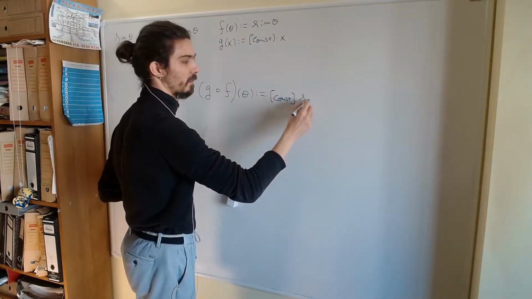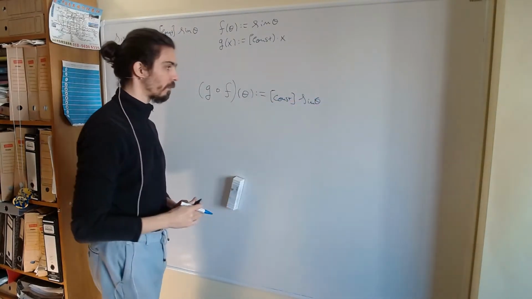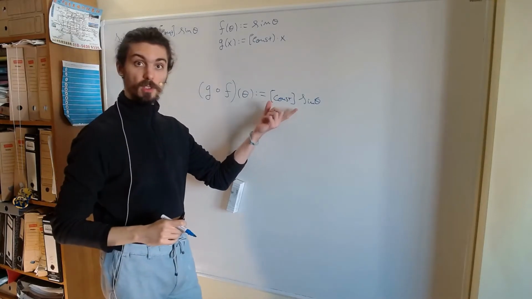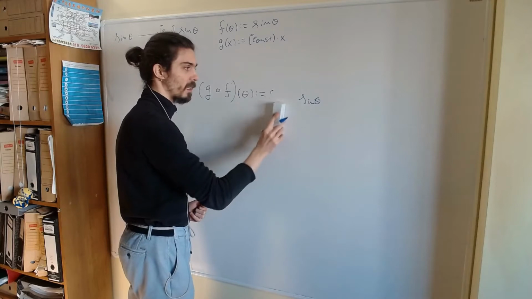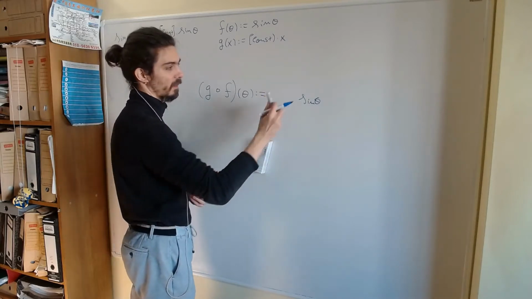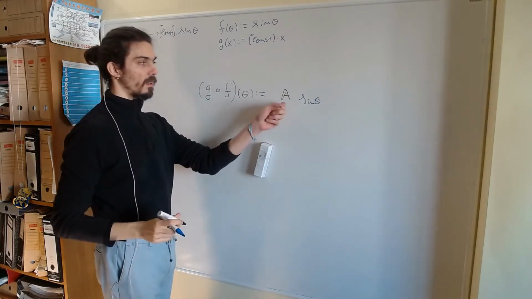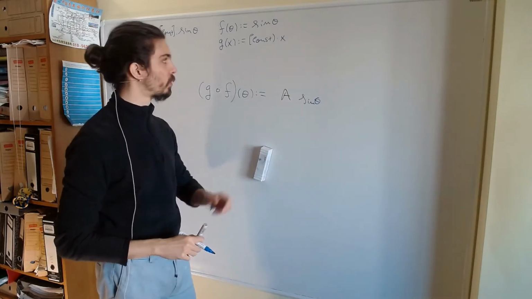times the sine. Okay? Well, I don't want to carry this constant around, so let's rename it to something easier to write, like a. A for amplitude, a number that you choose. It's easier to